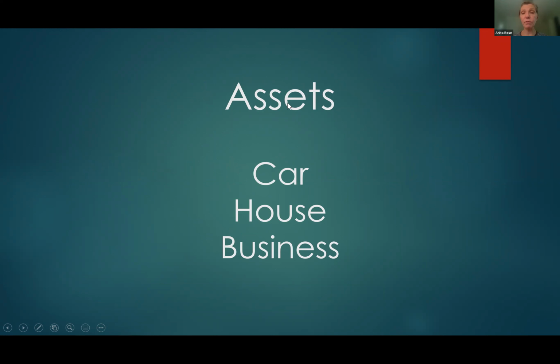As I mentioned before, I use my assets if I want to buy a car, a house, or a business, but these are also ways that I can use to create assets. So typically, a car is not an asset, and a house is not an asset, because a car is a liability. I have to pay for it every month, right? A house, I have a mortgage payment every month. That is not an asset unless I rent out that house. I go on vacation maybe 2 months out of the year, and I rent my house out for those 2 months, and that will pay the expenses for the year.